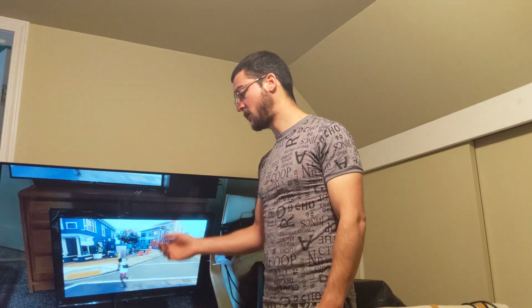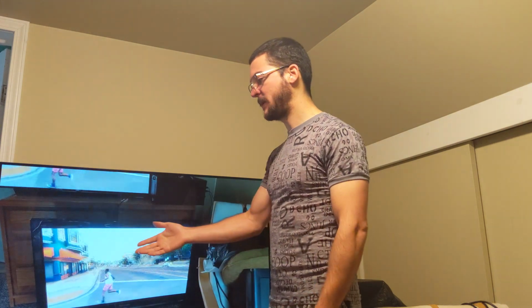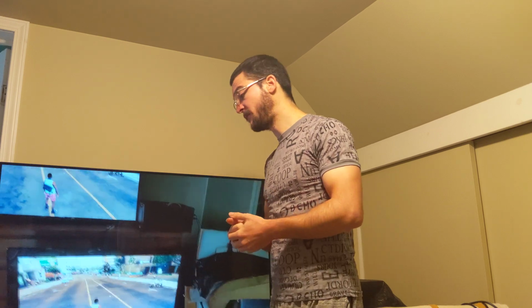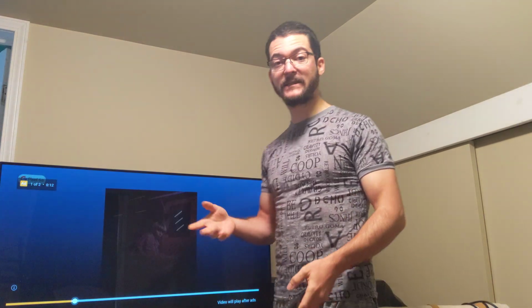So yeah, that's not gonna happen, but I wish these companies understood how important motion clarity is, and they either give me an OLED that's bright enough for HDR and has Motion Pro with variable refresh rate. That would be my next TV. If they invent an OLED TV that can do, for example, 2000 nits peak